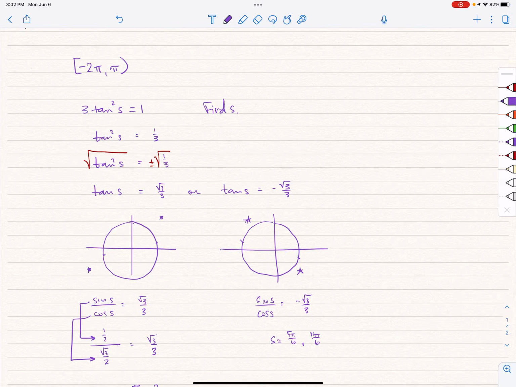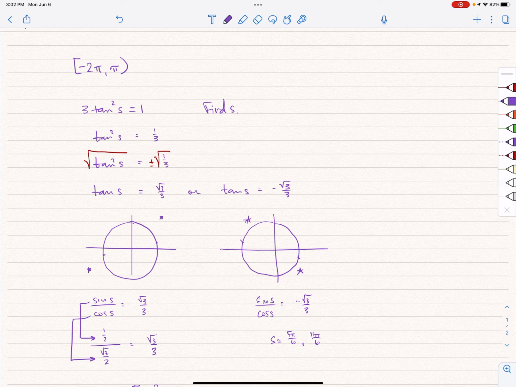Hey, this is just a short video on how to solve the equation 3 times the tangent squared of s is equal to 1. So I've already got it solved here. You can actually pause this video and just look through my work, or you can follow along with some of